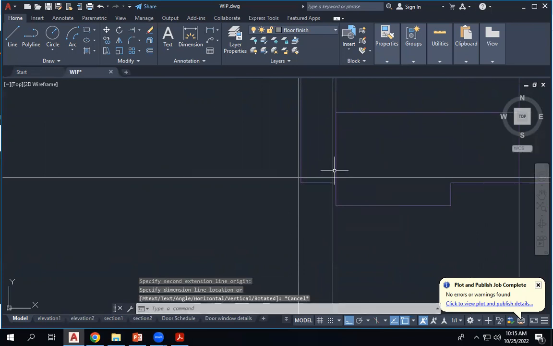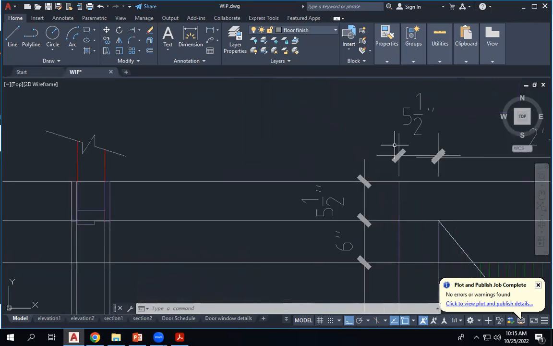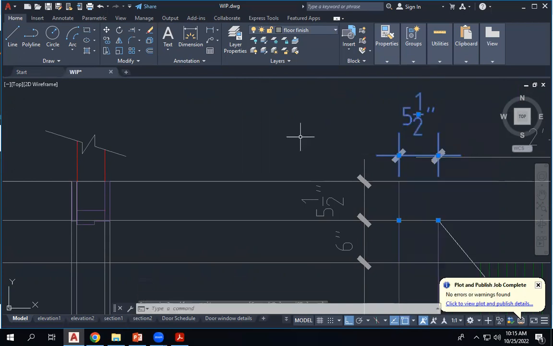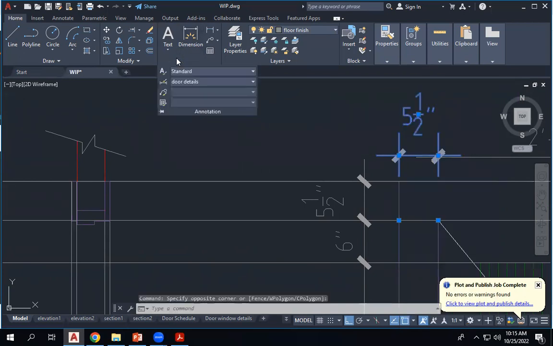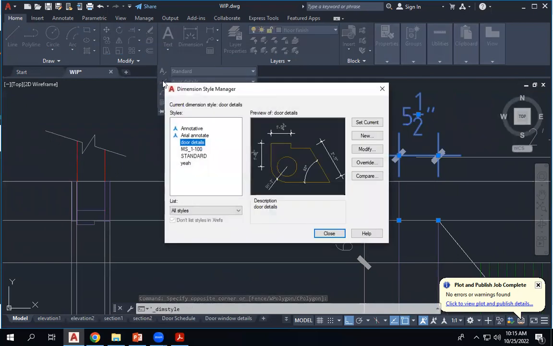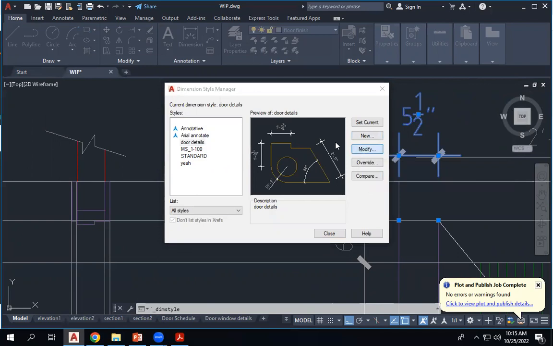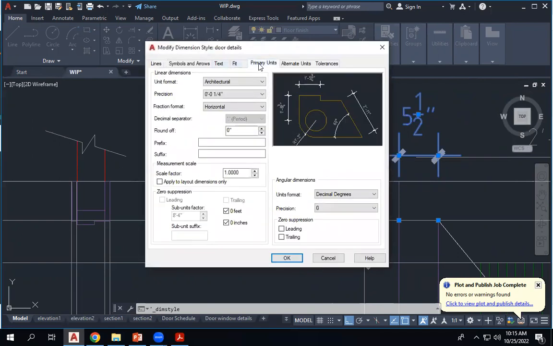It is because I used the 4 inch, I did not give the precision to get the accurate dimension of this one. So when I go to the dimension style, when you are starting doing these details, it is better to have the dimension style changed, the units, the precision should be